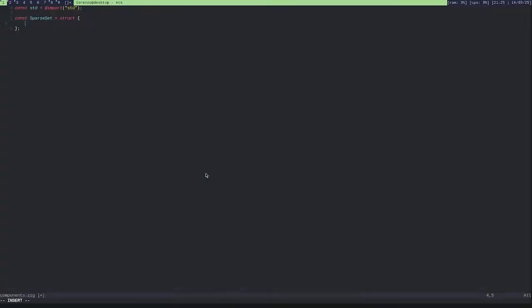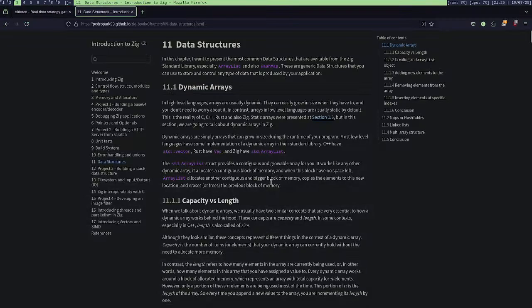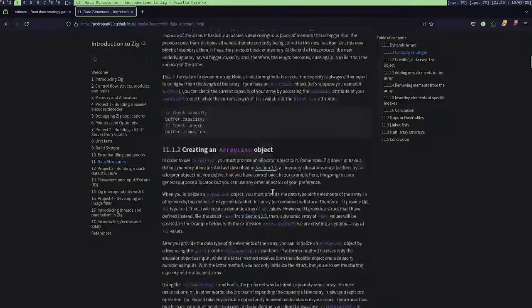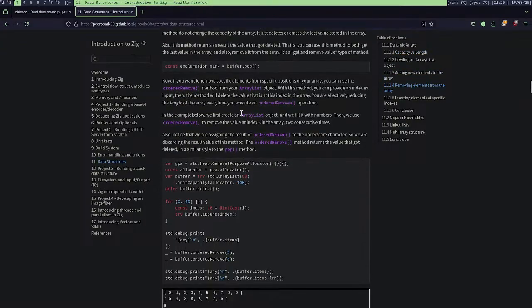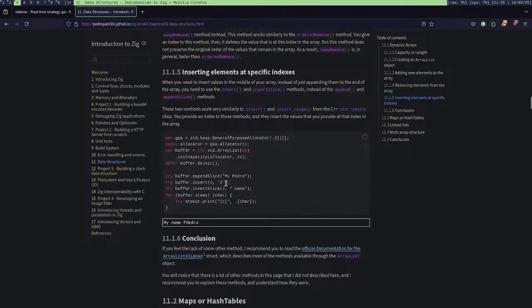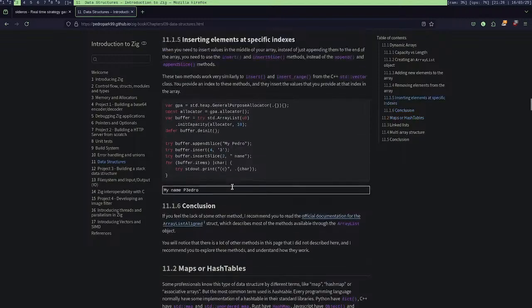Oh, yes, of course. Okay. Is it better now? Okay, so yeah, I think I will be using array lists for this. Very, very simple.